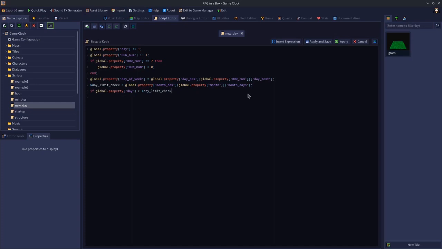So for example, let's continue with February. If global property day is now 29, that's one too many. It wouldn't be if it was a leap year, but we're ignoring leap years, right? So maybe February is a bad example, but January, for example, has 31 days. So if it was 32, we're a day over the limit, right? So if the day is over the limit, then